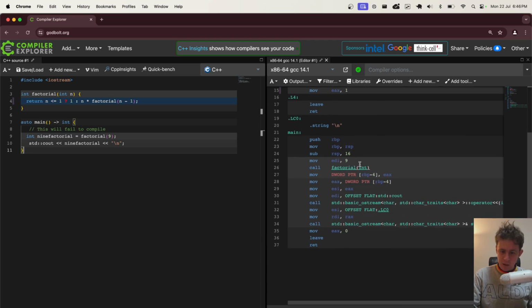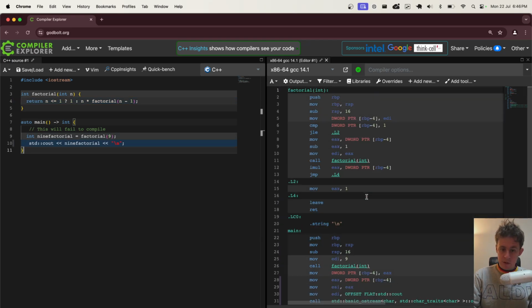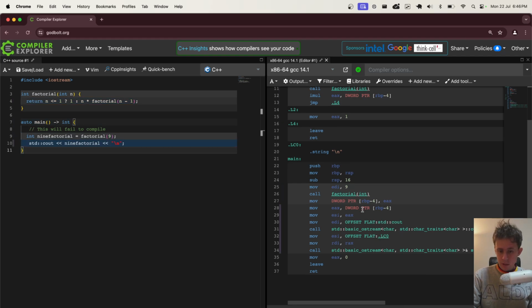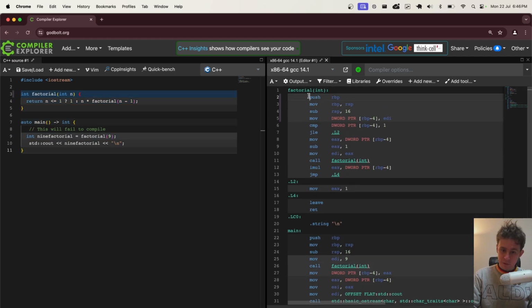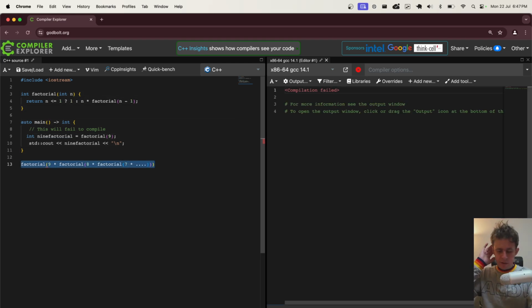So what actually gets outputted here is a main function. Someone calls another function called factorial. They pass in 9, they move it to a register, all that kind of stuff. And then the factorial function will go do all its push, pop, stack stuff. And it will have an if statement. That's what the jump is for. And then it'll call itself potentially, right? It's a factorial function. It calls factorial 9 times factorial 8 times factorial 7. You know what I mean? Like it does that. Now you get that. And it makes sense that code compiles to it.